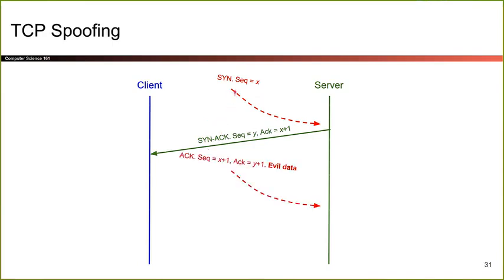Now the attacker is going to send the final part of the handshake, which is the ACK. And the ACK requires both sequence numbers. The X is easy because the attacker chose X. The Y might be hard because it was only sent to the client. So if you're man in the middle, it's easy. If you're on path, it's easy. If you're off path, this Y is hard to guess. And once you finish with the ACK, you can start sending a bunch of data. So you've spoofed a connection. You've created a fake connection from the client to the server, even though this connection didn't exist.